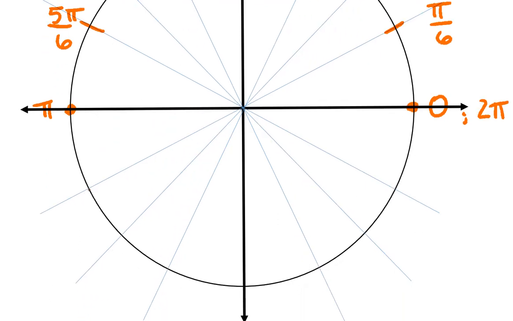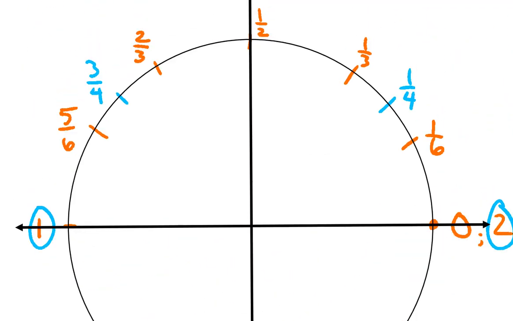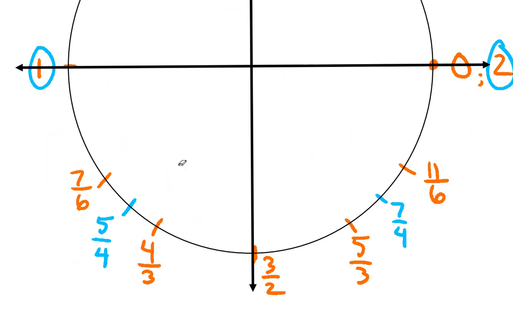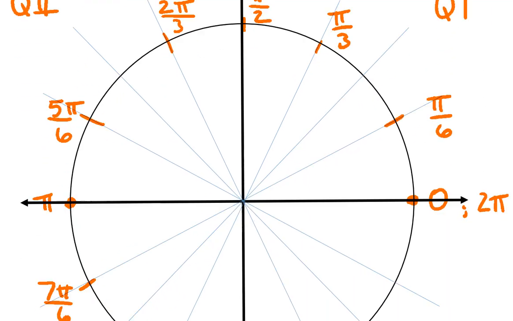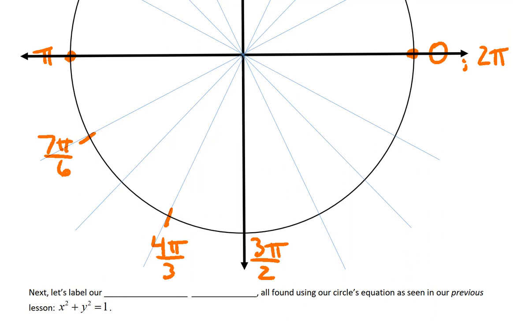Moving around the bottom, let's finish this. We had 7/6, or in other words, 7 pi over 6. And then we would have 8/6, and the second 6 marking. Again, we're just recalling all these special fractions up here. We're working through this zone in the quadrant 3 area, the bottom left zone. So we had 7/6 and then 8/6, which is really the 4/3. So we'll call that 4 pi over 3. 9/6, which is really 3/2, so 3 pi over 2. 10/6, which reduces to 5 over 3, so we call that 5